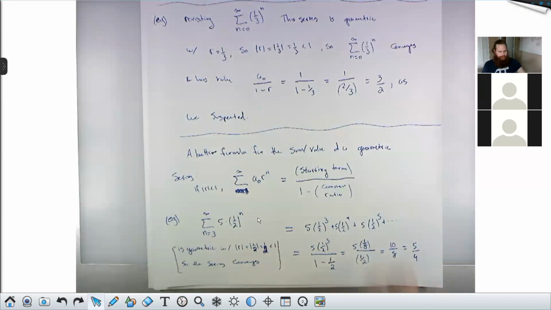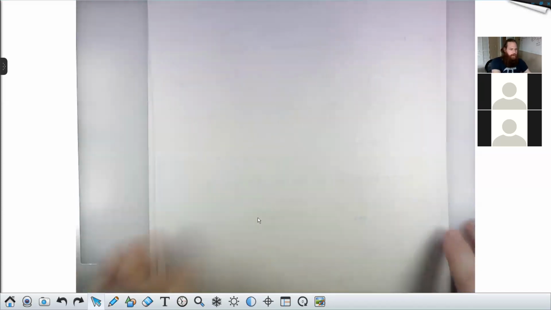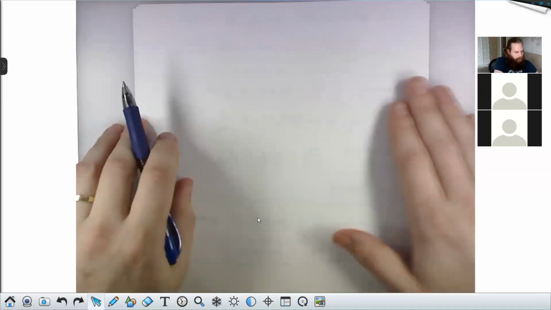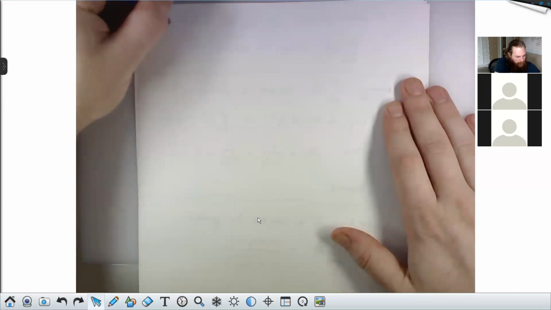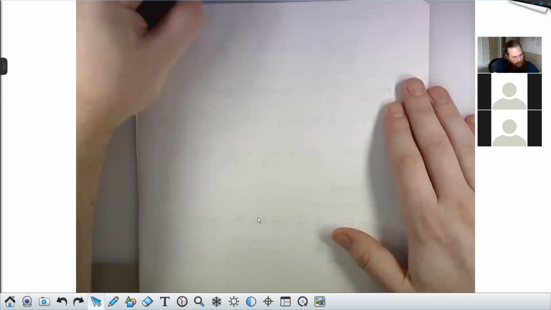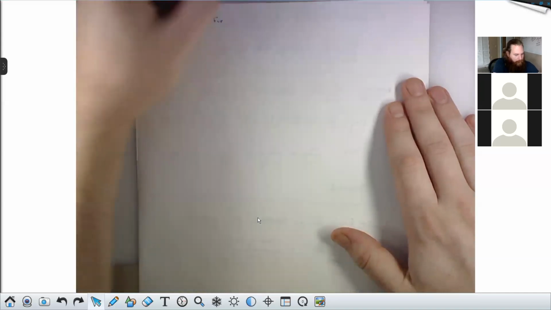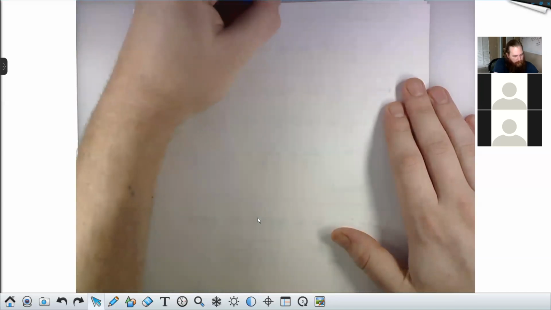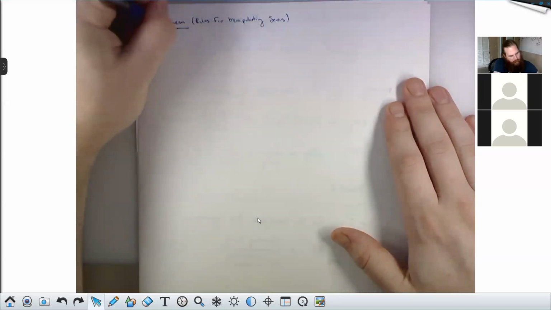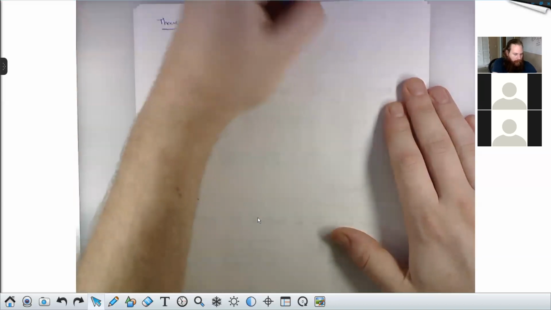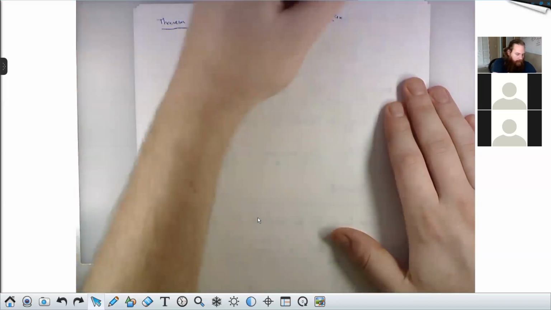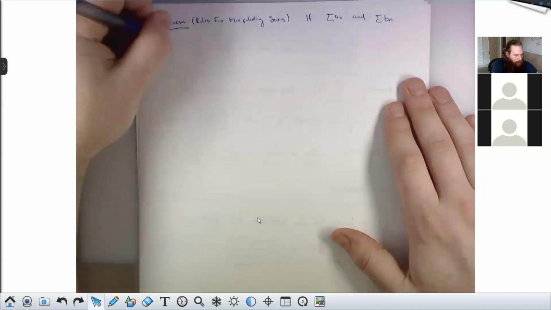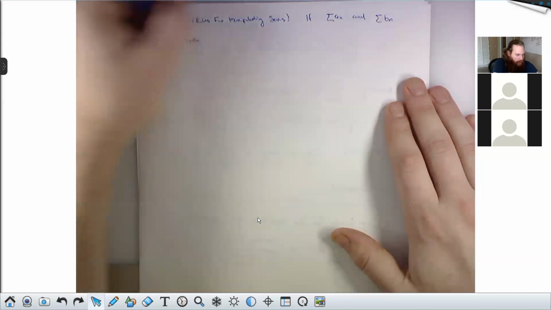So a few results on how to manipulate series algebraically, and then we'll have our very first convergence test for series. So theorem, rules for manipulating series. If sigma an and sigma bn are both convergent series,